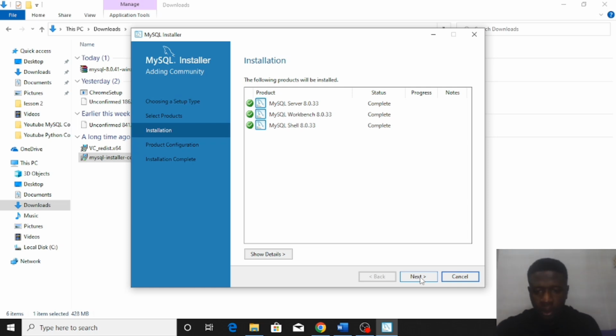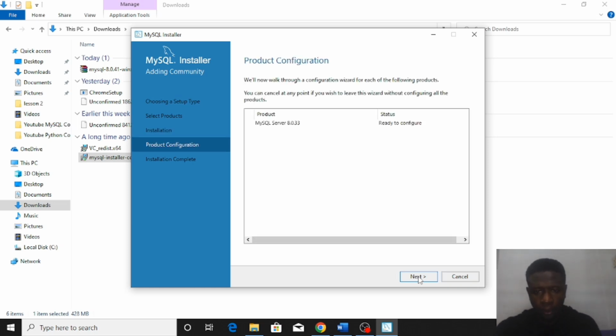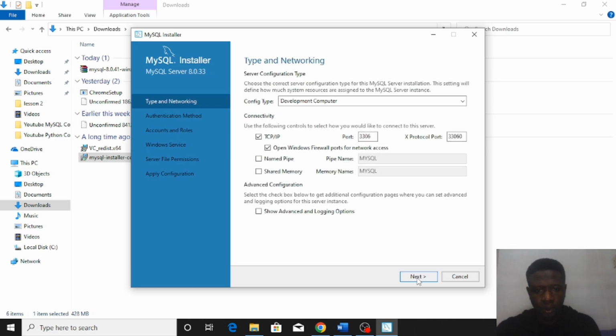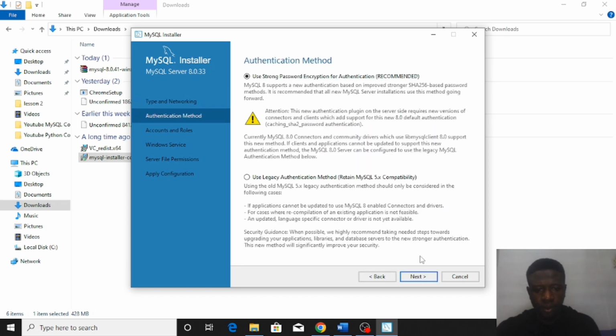Okay, so we've completed the installation, so we click on next. Now we are going to configure the MySQL server. Click on next. So everything should be left as it is. Go ahead and click on next,